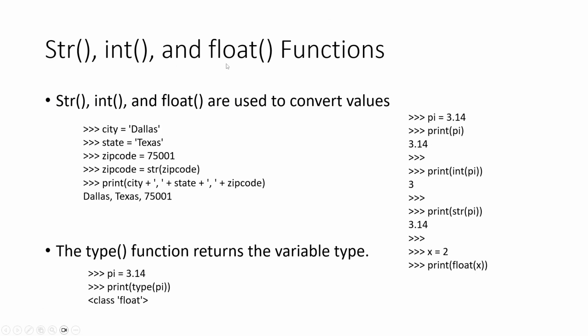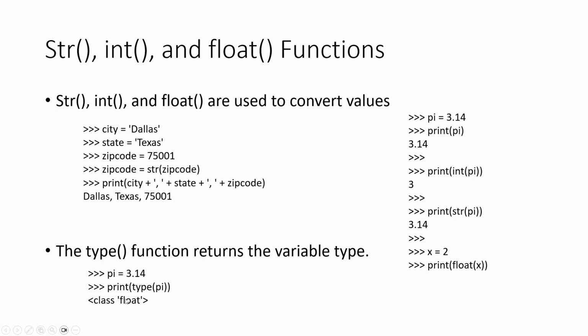String, int, and float functions. These are our conversion functions. We can convert values to a different data type. So if I want to create a city, a state, a zip code, I can change zip code. So I'm going to overwrite the zip code stored as an integer and convert it to a string. And now I can print it, concatenate it the way I want. And there's a type function, and this is just going to return the